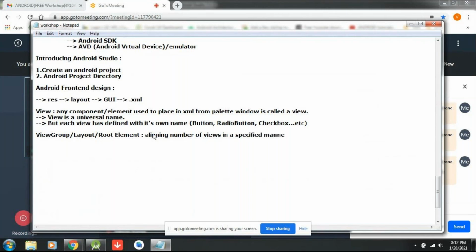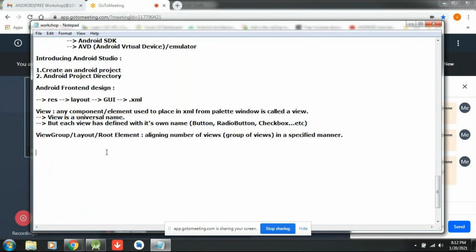What do we mean by a number of views? You can also call it a group of views. You are taking multiple views, more than one, and they are going to be aligned using this view group.